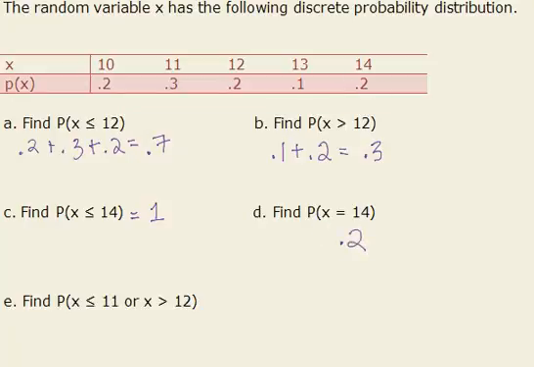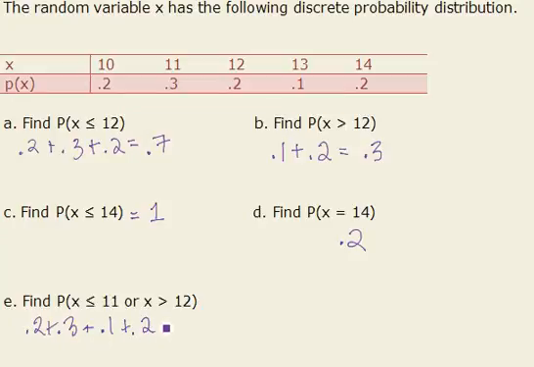Now finding the probability that x is less than 11, or less than or equal to 11, that equal to is important, or x is greater than 12. Well, less than or equal to 11 would be 0.2 and 0.3. Greater than 12 but not equal to 12 would add in 0.1 and 0.2, which I see adds to